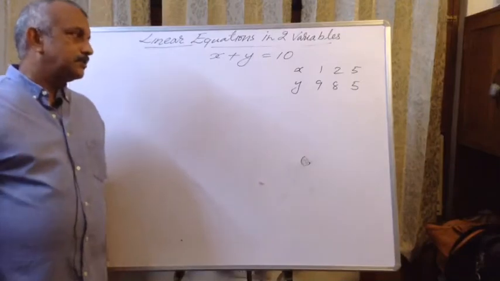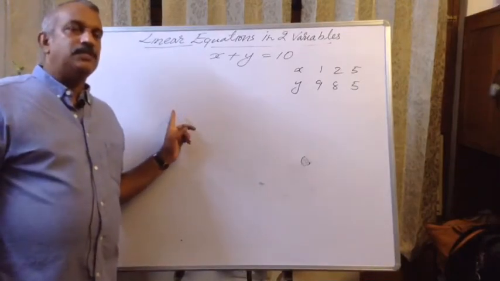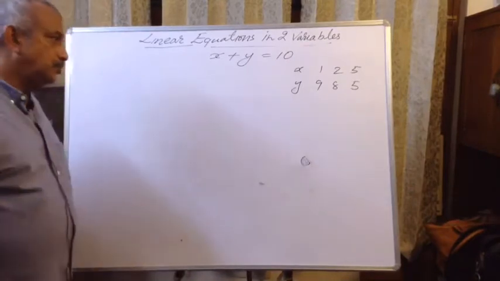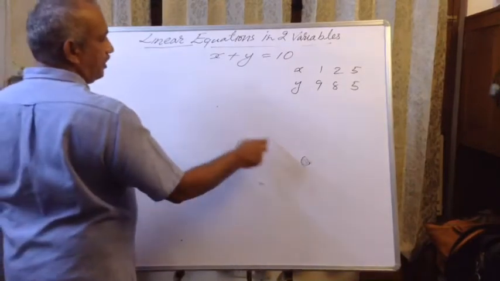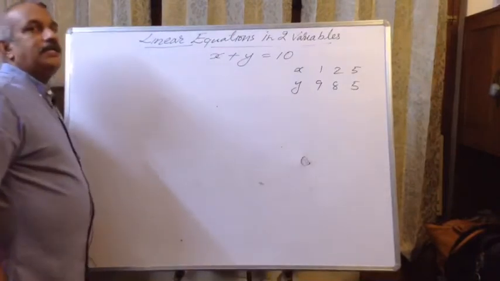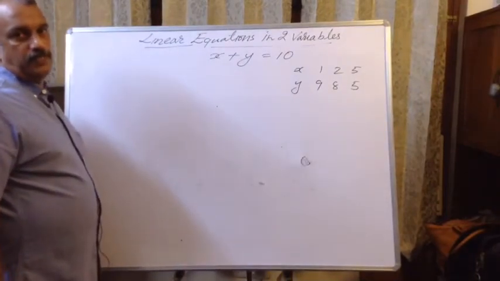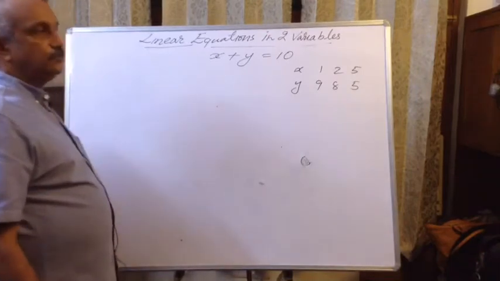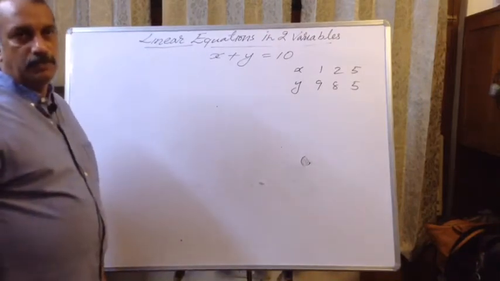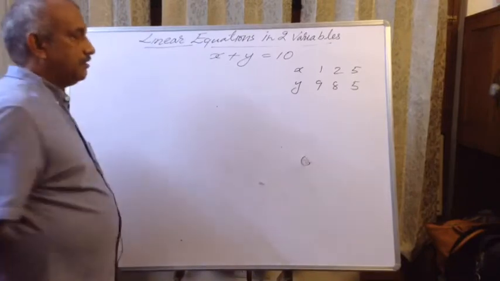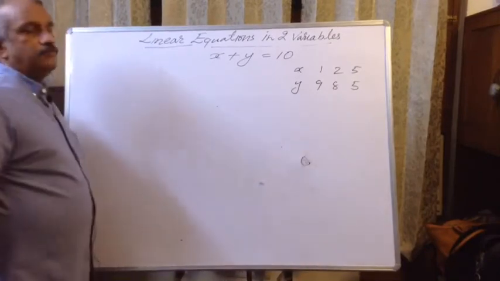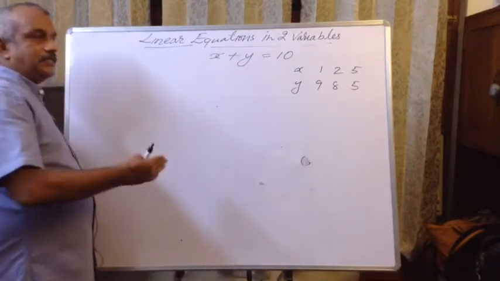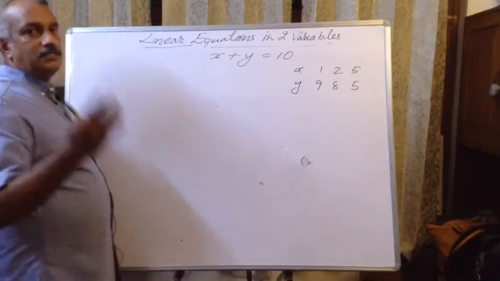The reason is that to draw a line we need only 2 points, because earlier we have learned that through 2 given points, only one line can be drawn. If we mark 2 points, we can draw only one line passing through those 2 points. So since it is a straight line, 2 solutions are enough to get the line. But I am finding 3 solutions so that I can check whether my calculation is correct or not.